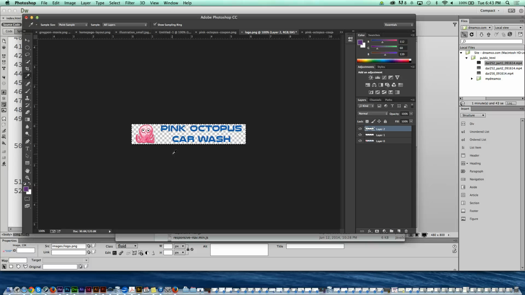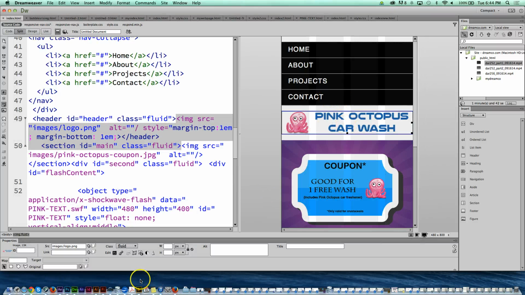I might select all, and I might fill it with white, and I might call this, you know, my fake logo. Okay, and then all I would have to do is simply save it with the same name, and it would overwrite the octopus. And then when I went into this, I would see my fake logo instead of the octopus.